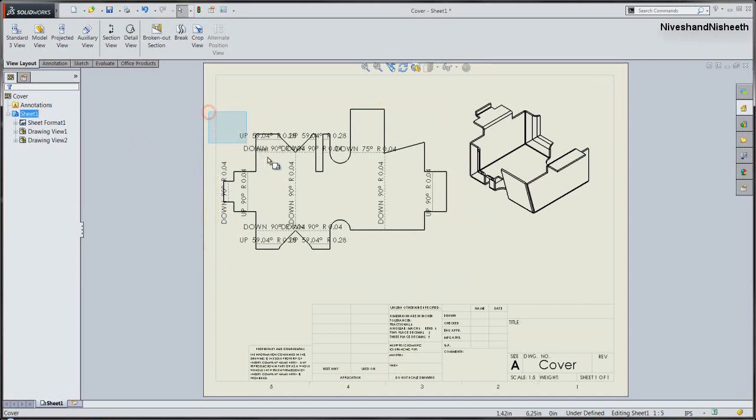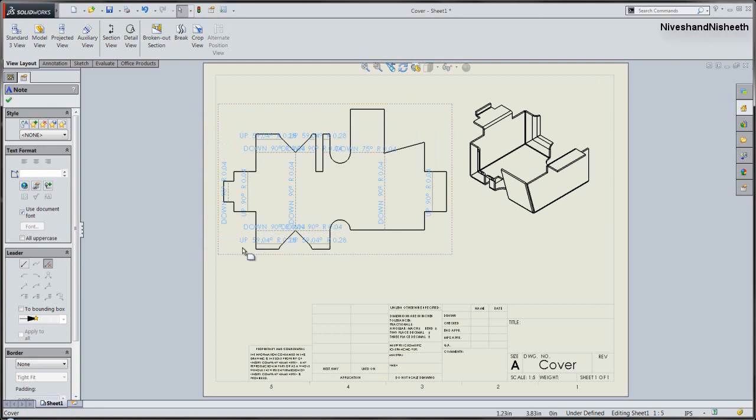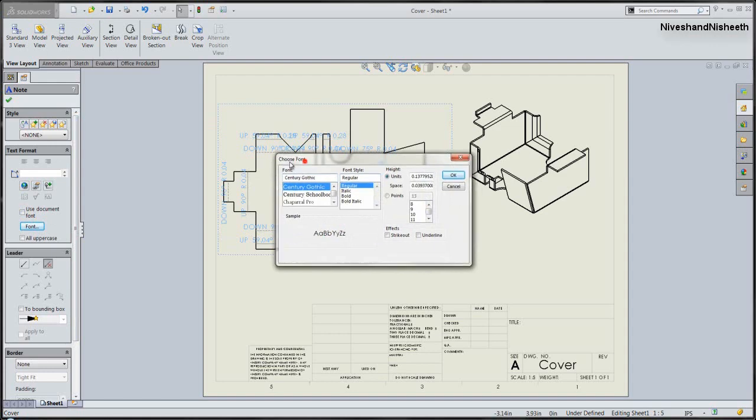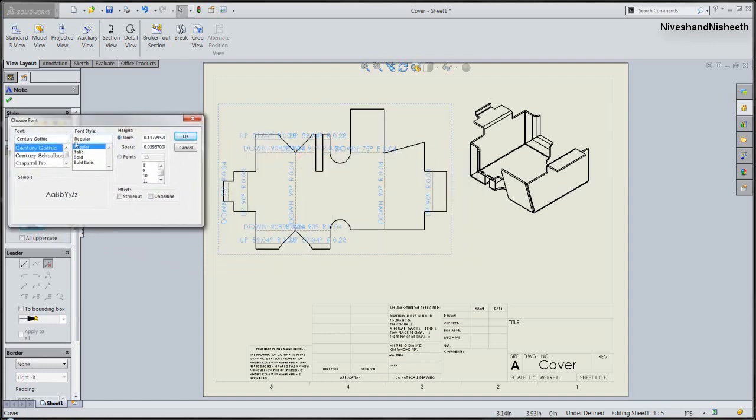Now we will select the entire dimensions of this view, and set the size of the dimension text on here. Click OK.